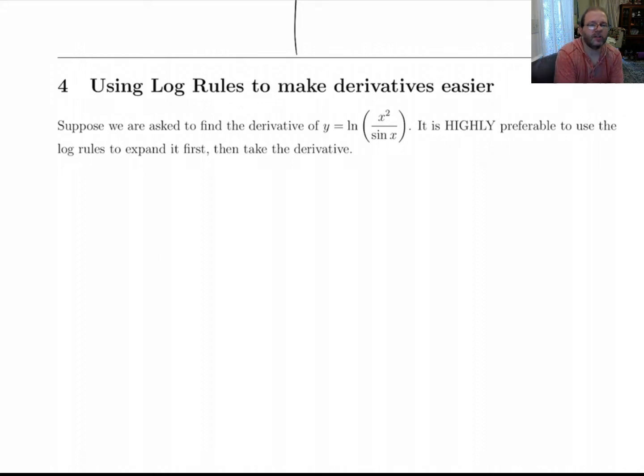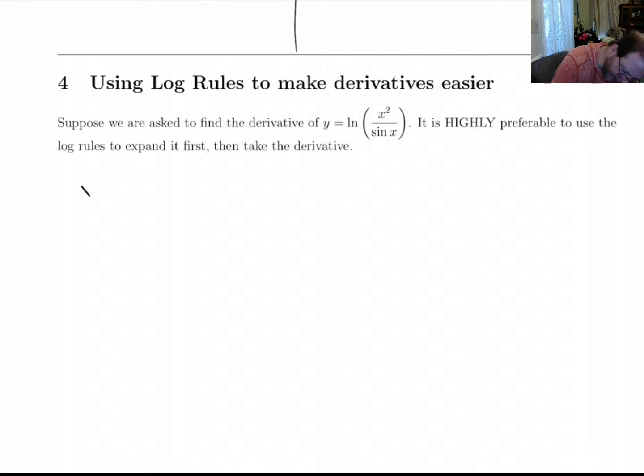All right, let's look at using log rules to make derivatives easier. Suppose somebody asks you to find the derivative of this. y equals ln of x squared over sine x. I'll say here with emphasis, it's highly preferable to use log rules to expand it first and then take the derivative. Here's why. I can rewrite this as y equals ln of x squared minus ln of